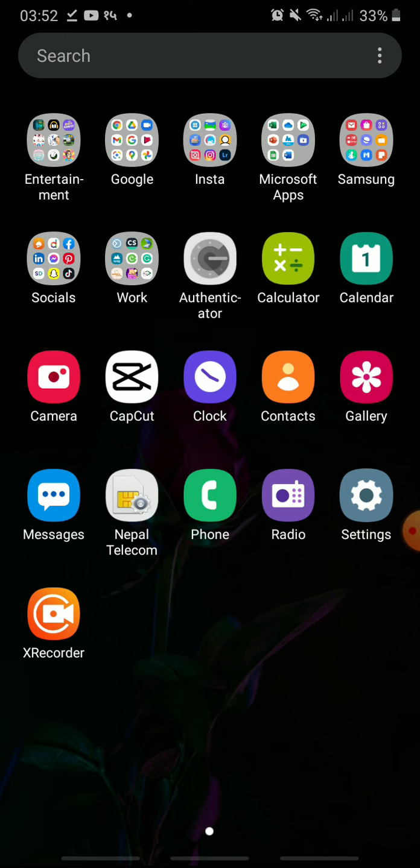In today's video, I'm going to show you how to change background on CapCut, so please make sure to watch